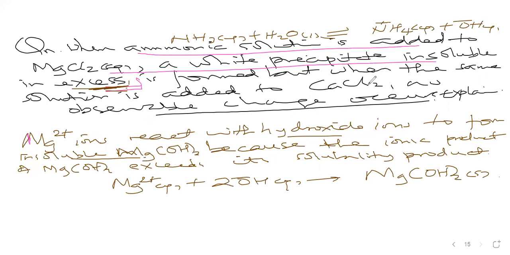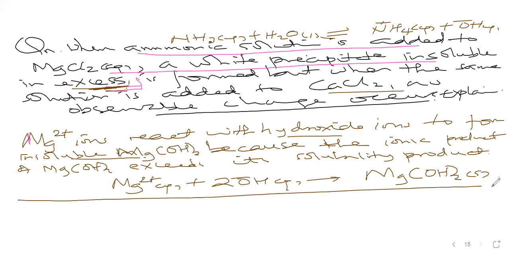Now attack the second part of the question. When the same solution is added to calcium chloride, no observable change occurs. That's where you bring in the concept of ammonia being a weak base. It cannot give us enough hydroxide ion concentration for the ionic product of calcium hydroxide in that case to exceed its solubility product. So what do you say? You say ammonia is a weak base,